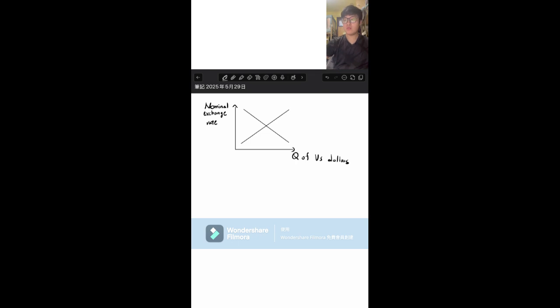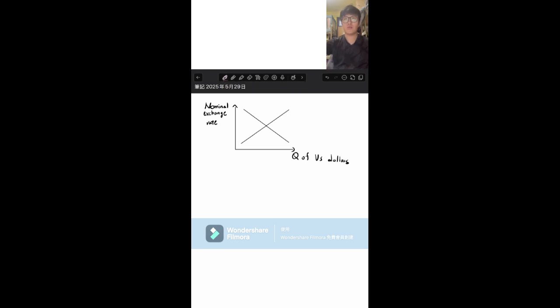In the diagram, you can see that the vertical axis is the nominal exchange rate. The horizontal axis is the quantity of US dollars. The downward sloping line is the demand curve, representing Taiwan's demand for US dollars to import goods from the US. The upward sloping line is the supply curve, representing the supply of US dollars from exports to the US. Before the tariffs, the market is at equilibrium, but after Taiwan imposes a reciprocal tariff on US goods, there's less